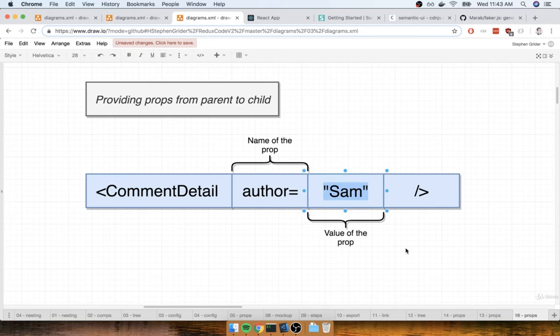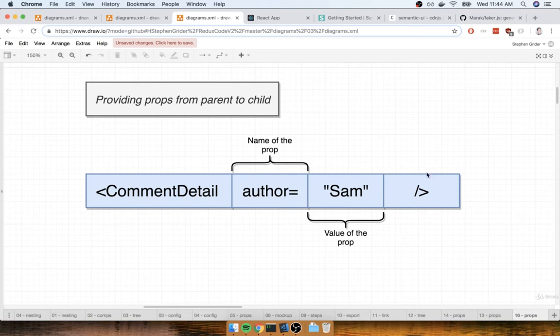And you'll notice in this case, the prop that I provided is a hard-coded string that says Sam. If we wanted to, we could just as easily place those curly braces and then reference some JavaScript variable inside of here. So maybe we have some JavaScript variable inside of our component called author. And we could reference it like so. But for this first take, we're just going to hard code some value. Okay, so we're just going to hard code the value for this first go through.